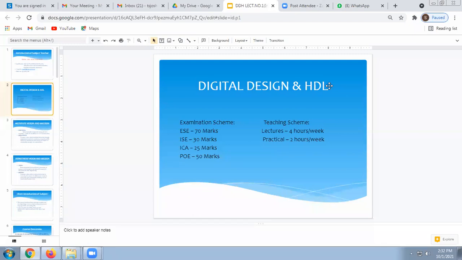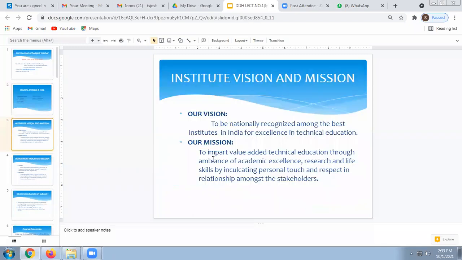Okay, good. So what are the types of HDL? HDL, that is hardware description language. Combinational and sequential circuits? No, those are the types of digital circuits only. I am asking about hardware description language. We are going to study VHDL and Verilog HDL. Units 1 and 2 deal with VHDL, and unit number 3 deals with Verilog modules. So first, only study VHDL.